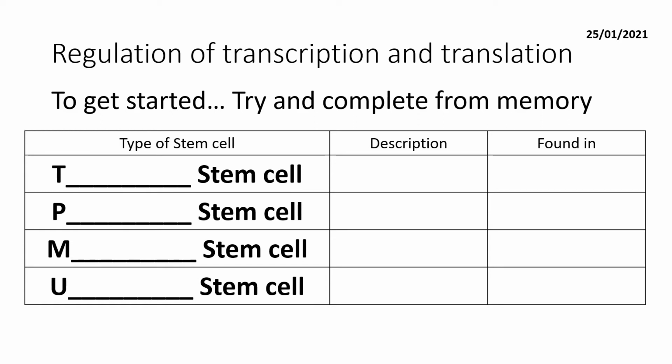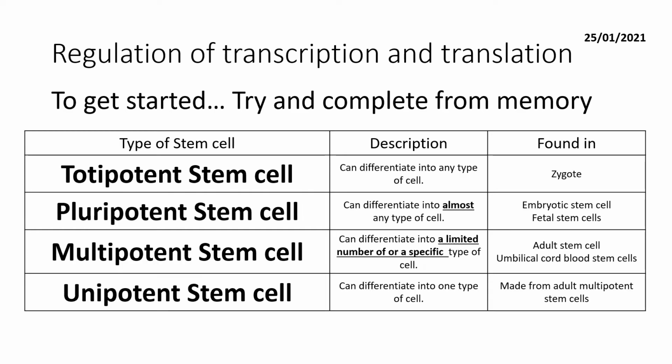In terms of stem cells, there are 4 types of stem cell: totipotent, pluripotent, multipotent, and unipotent. In terms of description, remember stem cells are split up based on the number of different types of cells they can differentiate into. So totipotent can differentiate into the most and widest range of cells, whereas unipotent can only differentiate into one particular